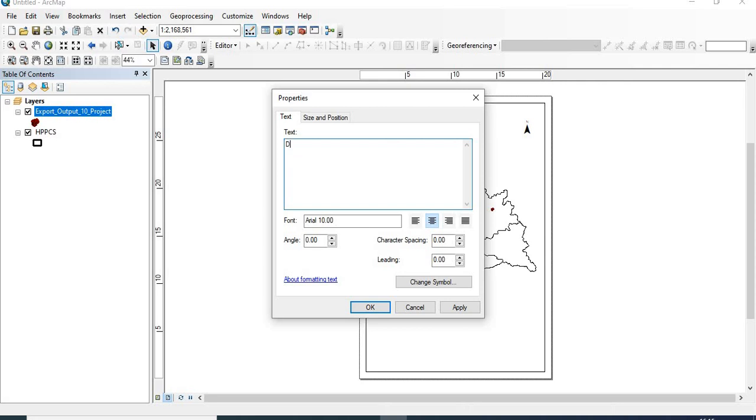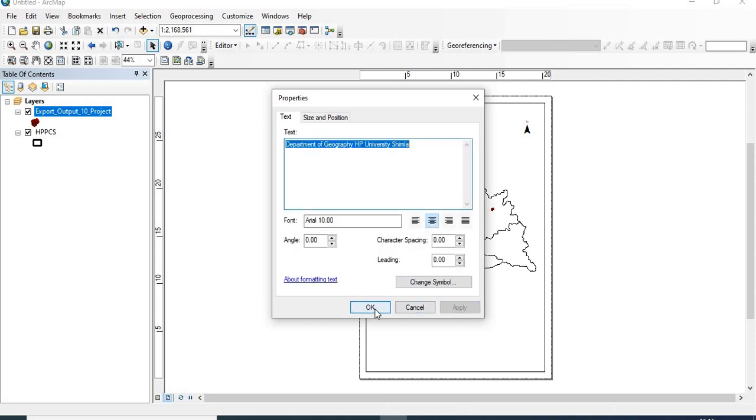So this is Department of Geography, HP University, Shimla.